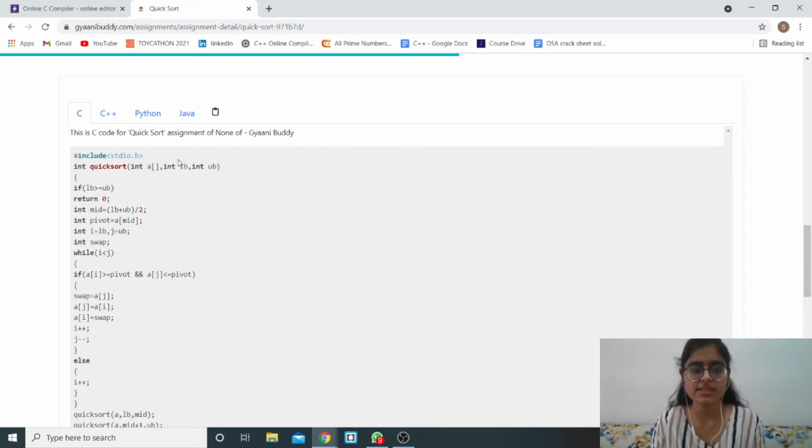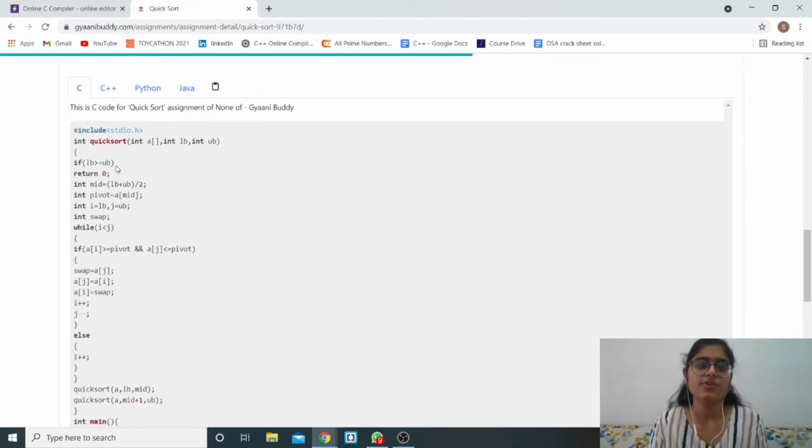Why have I used LB and UB here? Since we have to consider the middle element as the pivot element, we need to find the middle element, and for finding the middle element, we need to know the extremes of the array. So that's why I've passed 0 to the lower bound and n-1 to the upper bound. First, I'm checking the condition whether LB is greater than UB.